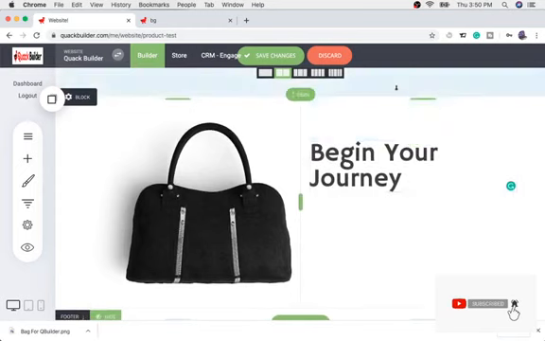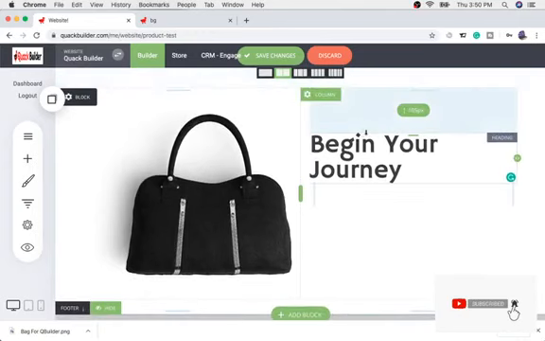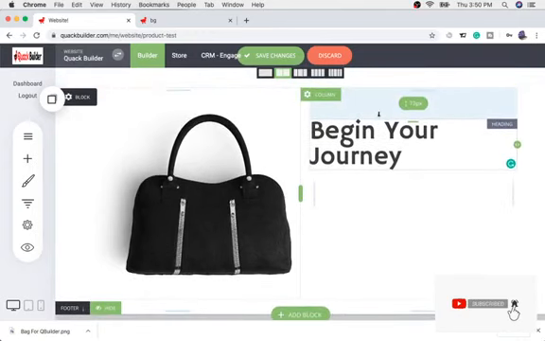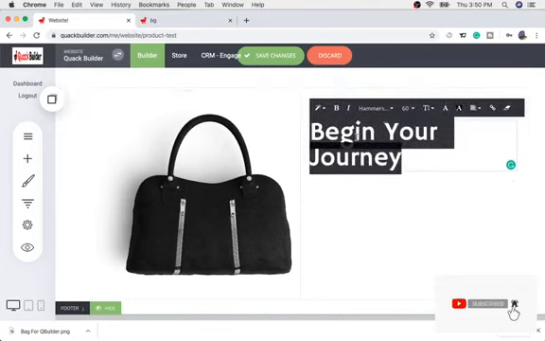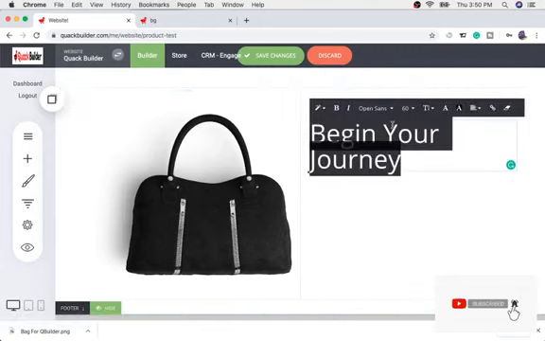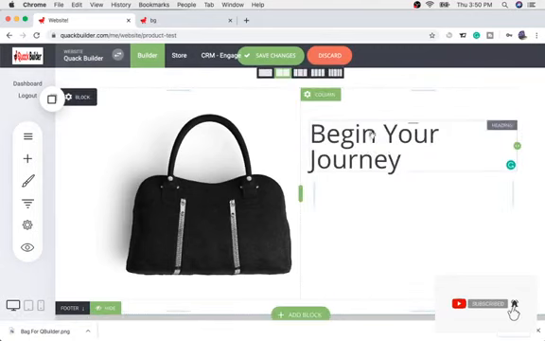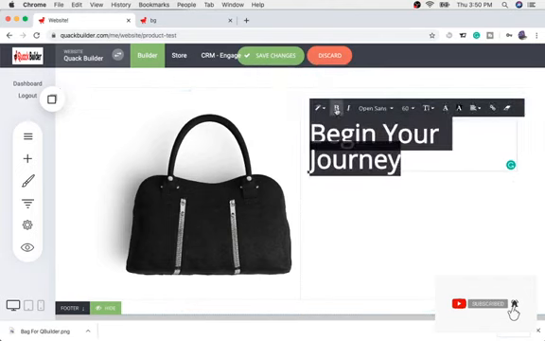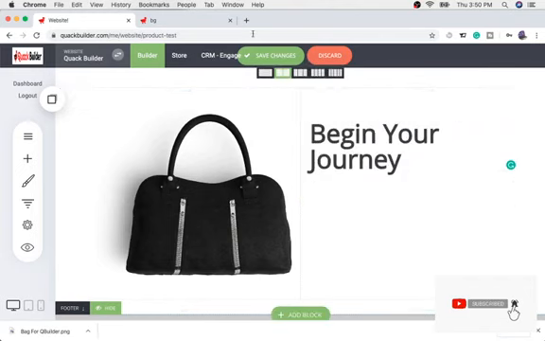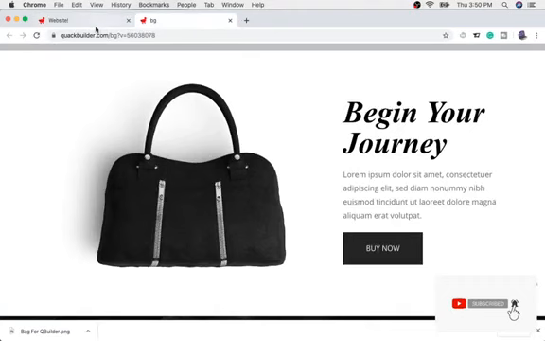Okay, and it will make the space for you like that. It's about right here, and I think I'm just gonna put it to Open Sans and bold it, and it looks much better